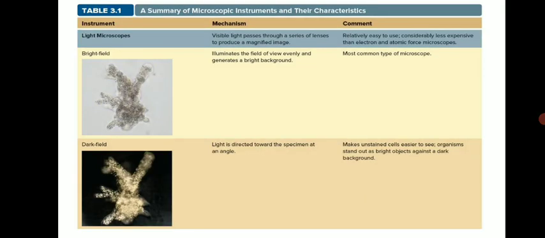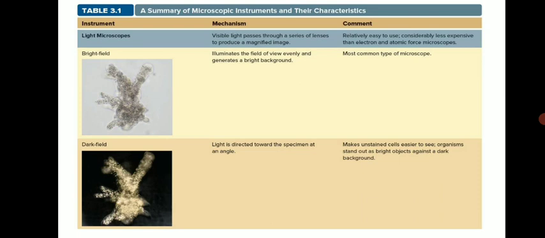So here in a couple of slides we will discuss various kinds of microscopes. First is the light microscope. We call it a light microscope because the source of illumination is natural light or daylight. It is a common tool used in any microbiological laboratory, and we get various preliminary clues after examining specimens through it. It is relatively easy to use and considerably less expensive compared to other kinds of microscopes.